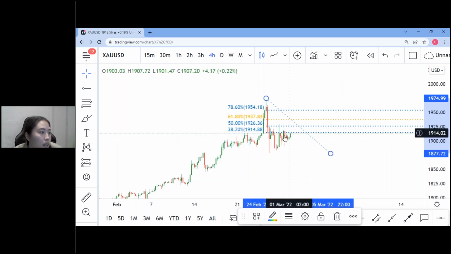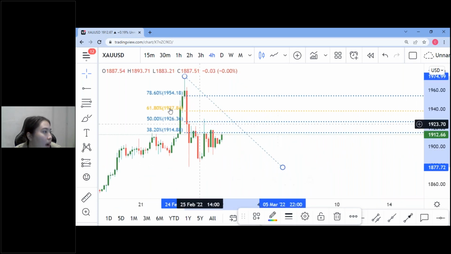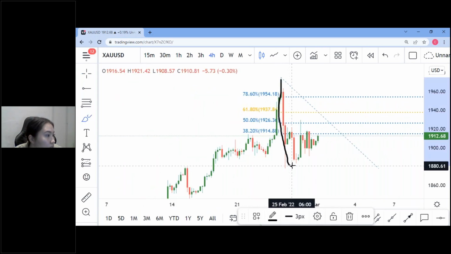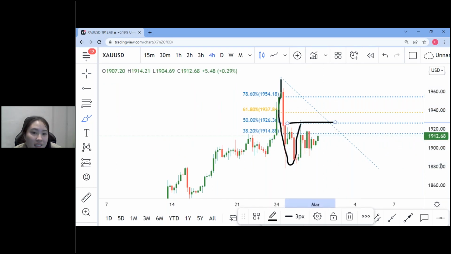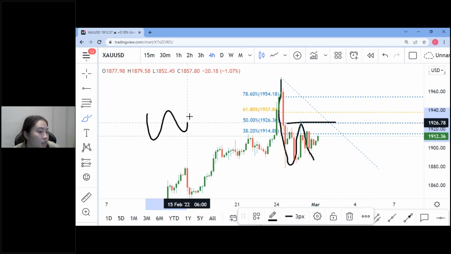Do you still think the 38.2% is still relevant to us? Okay, we've got answers coming in. Nope, nope, no, yes. This actually is another ability to use your eyes to catch this. If you guys look closely, price came down, it reversed. It actually already went to the 50%. Do you guys see that? Price already went to the 50% and it already reversed. So price is constantly reversing at all times.